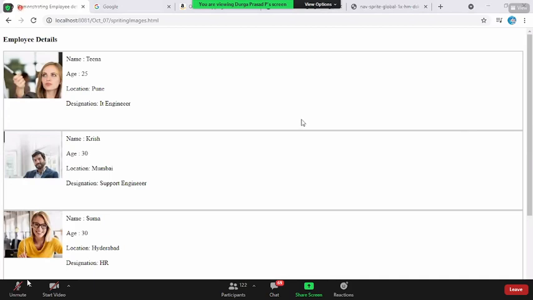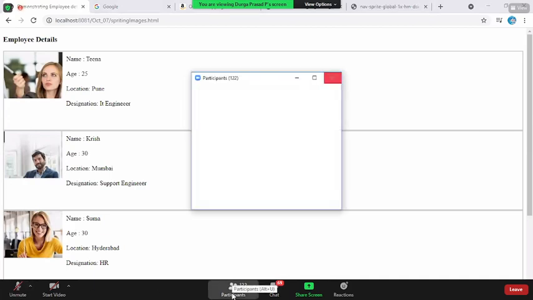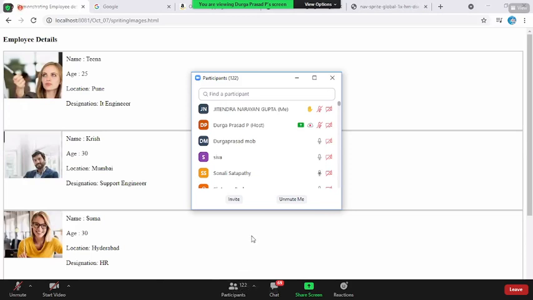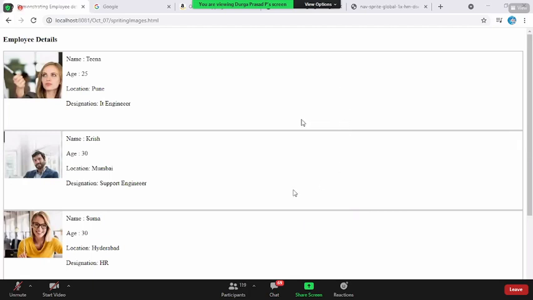Sir, after that, hello. Yes, ma'am. Please go ahead. Sir, after setting the spriting image, if I want to improve my height or width, won't it affect the others? Means if I set this height for the Tina image, and if I want to increase it, maybe the Krish image will be affected. That is the issue, right?